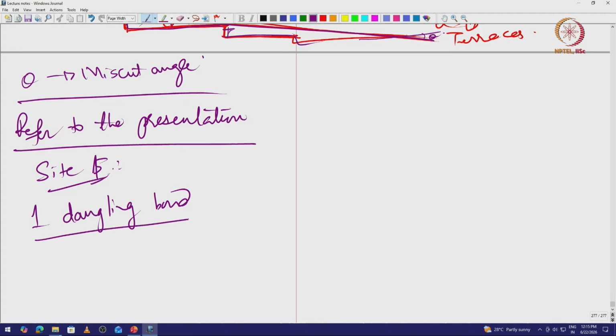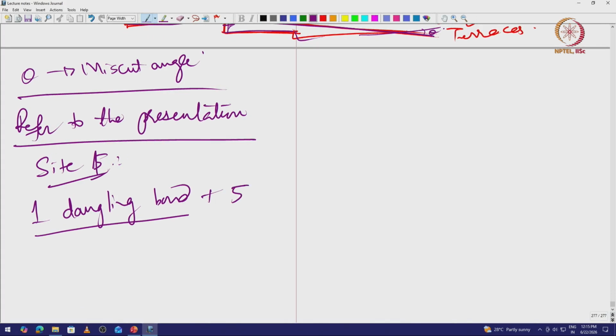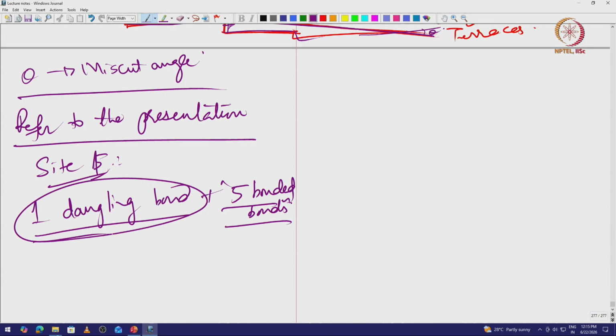Which defines the surface energy, plus 5 bonded bonds. So this defines the surface energy. Essentially the bonded bonds contribute to lowering of surface energy, and the dangling bond contributes to higher surface energy in that local region. Now let us say I desorb